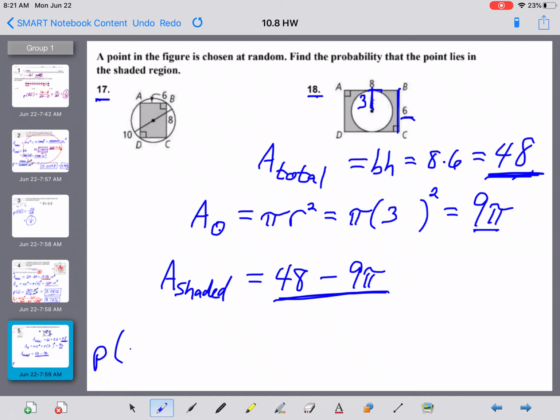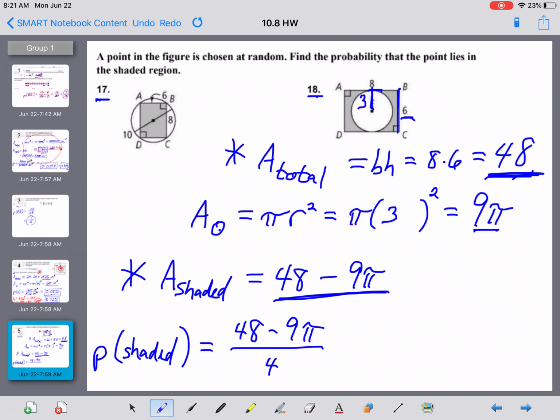Therefore, the probability now of hitting the shaded region is going to be your desired area, which is right here, divided by your total area, which is right here. So the region we want to hit has an area of 48 minus 9 pi. The total area we could hit is going to end up being 48. Now this is going to be messy here, guys, so we want to go to our calculator to do this, and we want to do it carefully. Let's use the stacked fraction. So 48 minus 9 pi, that's our numerator, and then 48 by itself is the denominator, and that gets us an answer now of